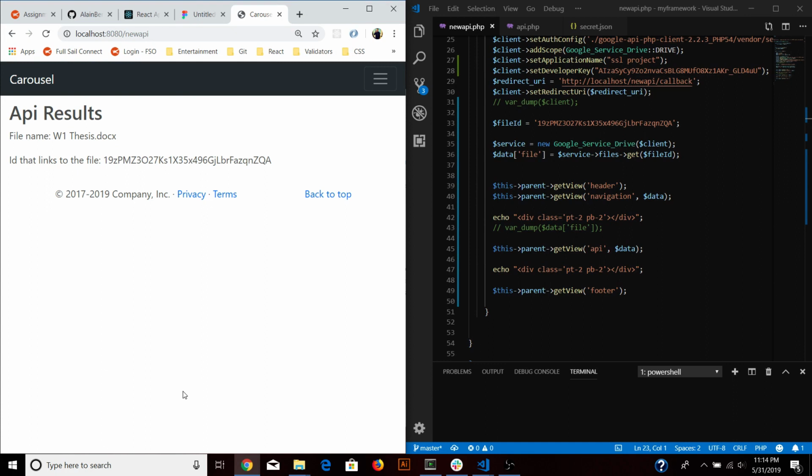Almost everything else is null except elements that were specifically calling or naming the Google Drive functionalities. So this right here shows that the API is getting the call and it's receiving the